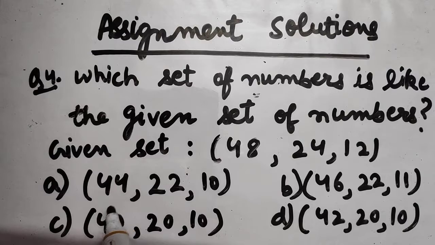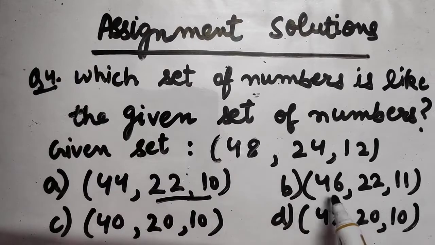Like if I talk about this option A, first number is twice the second, but this same relation does not exist between these two numbers. So we cannot take this option. If I talk about this option B, so no relation exists. We want that first number should be twice the second and this is not the twice. So we cannot take this option B. So clearly the C option is the correct option. You can see here the first number is twice the second and the second number is twice the third. So question number 4 answer is C option.